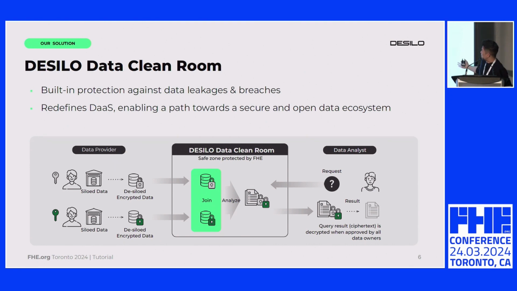As an example on the far right here, you can imagine that same medical researcher trying to get access to a wealth of data. He puts in a request and sends it through our system. The system pulls in data from multiple sources, collects the data, does some statistics and analysis, and sends the data back, but in an encrypted form. And by the consent of all the data owners involved, this final result, which in many cases might be just a single number, a group of numbers, a column of numbers, or some other aggregate statistical number, is then decrypted based on approval by the data owners, which could be automated or